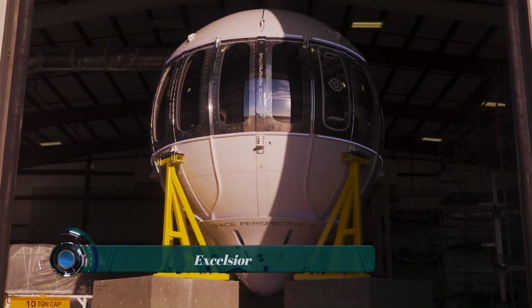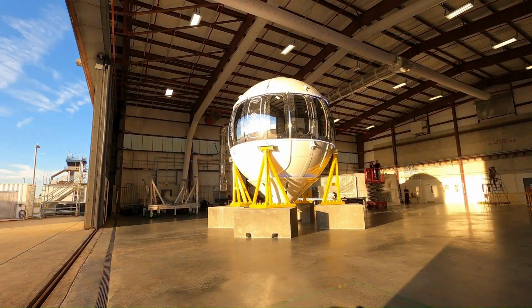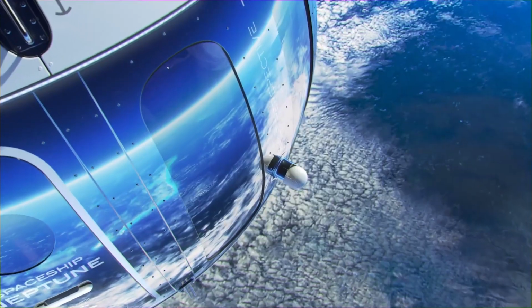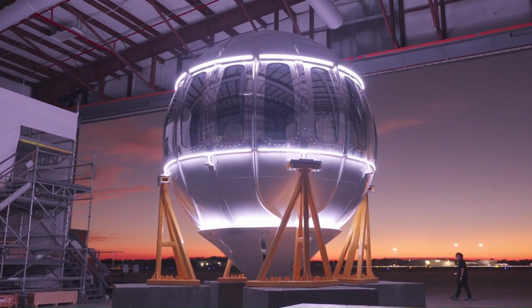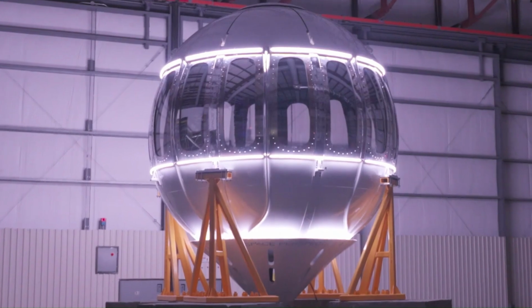The Excelsior is the world's largest spaceflight test capsule in existence, designed by Space Perspective for their spaceship Neptune. It is not intended for orbital spaceflight, but rather for suborbital flights to the edge of space, offering a unique experience for tourists. The capsule is 16 feet (4.9 meters) in diameter and has a pressurized volume of more than